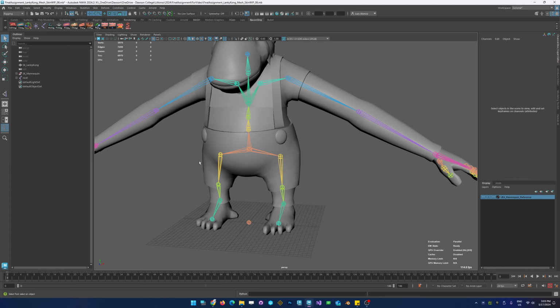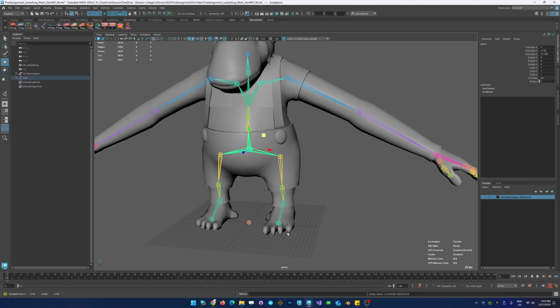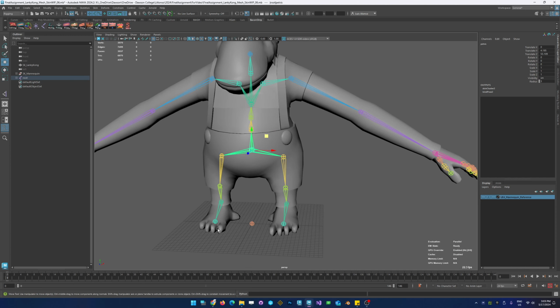Okay, so let's get started. The first thing that I'm thinking of is, for an MVP rig, we should figure out how to do the feet, because we're going to want to be able to grab the center of mass and move it around and have the feet stay on the ground, and be able to lift off the foot. That's the hardest thing to do. Once we have that done, we're going to transfer it over to the other side as well,